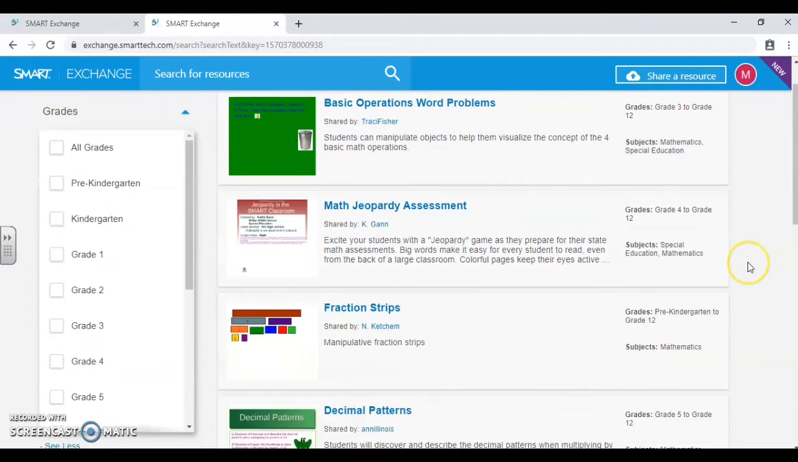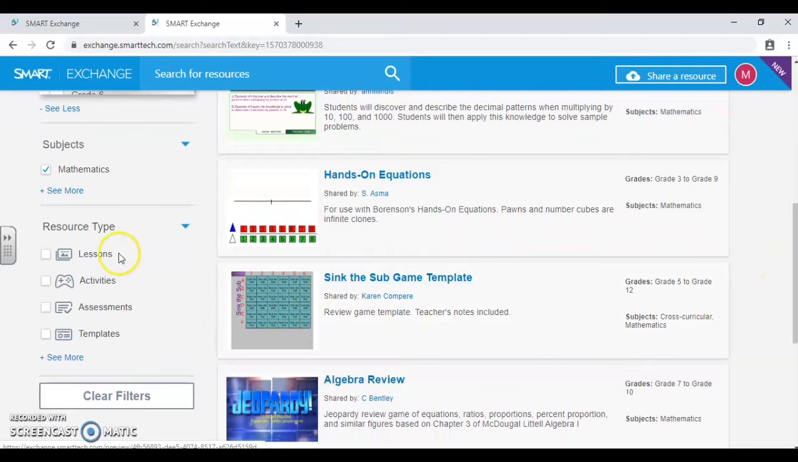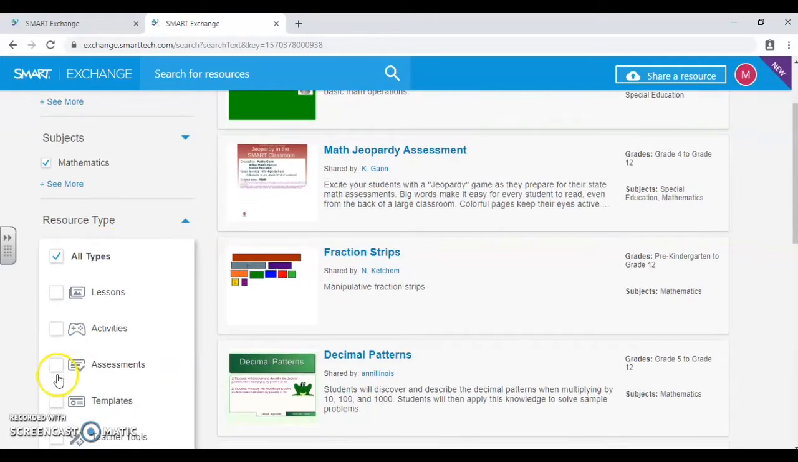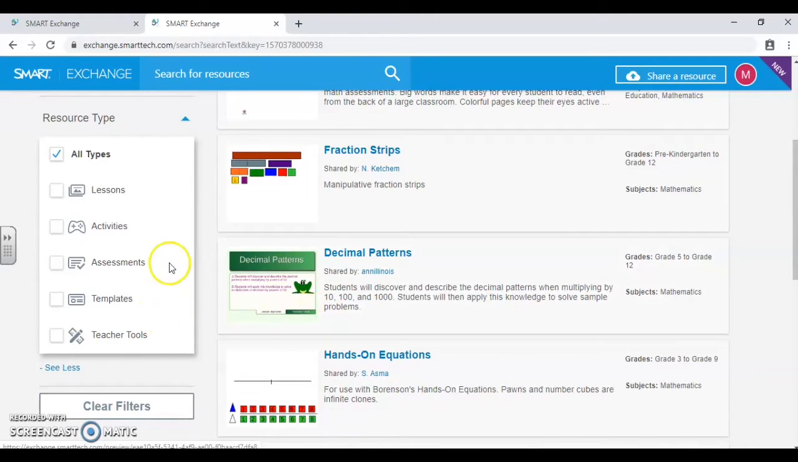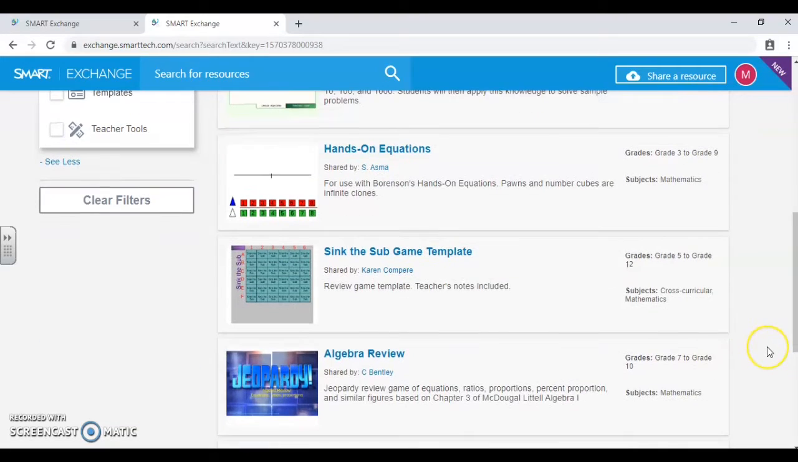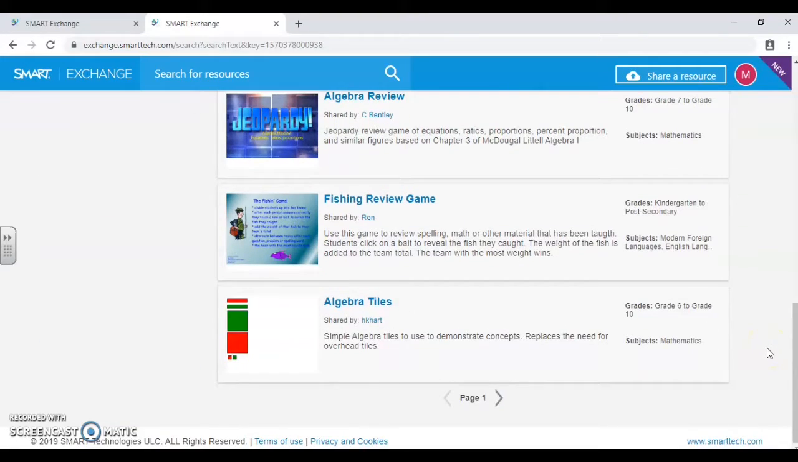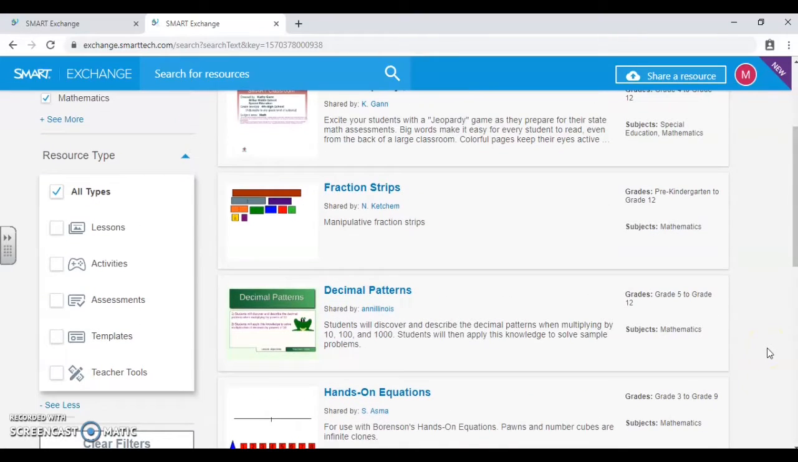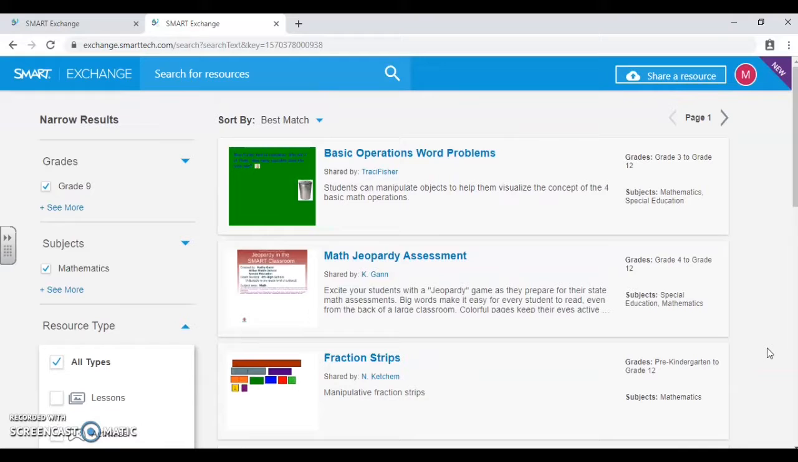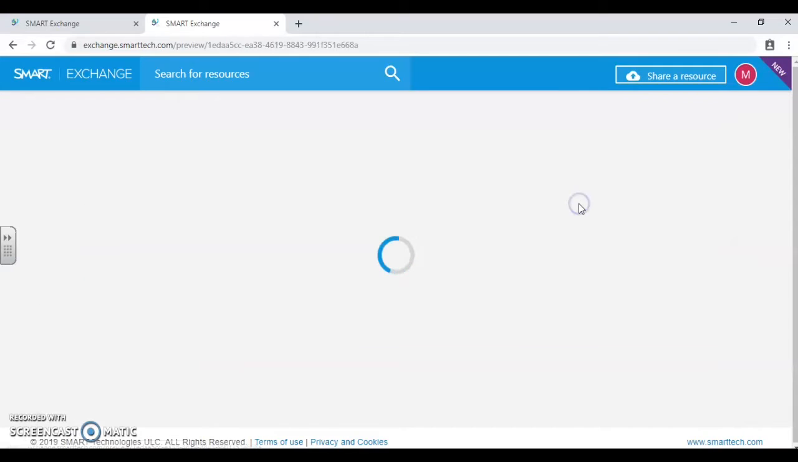You can also search by lessons, activities, assessments, templates, and teacher tools. So if you see these icons on any of the presentations that are here, it means they are specifically for that. Okay, so to download a presentation that is on Smart Exchange, you will click it,